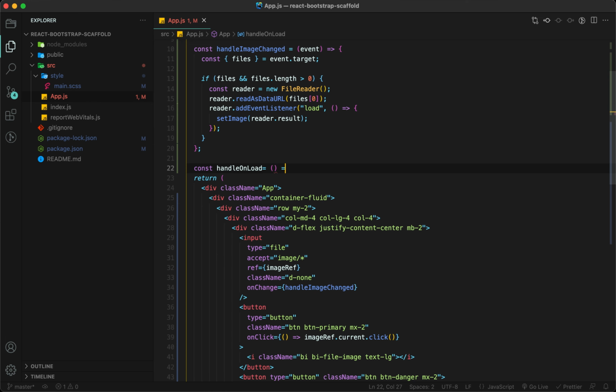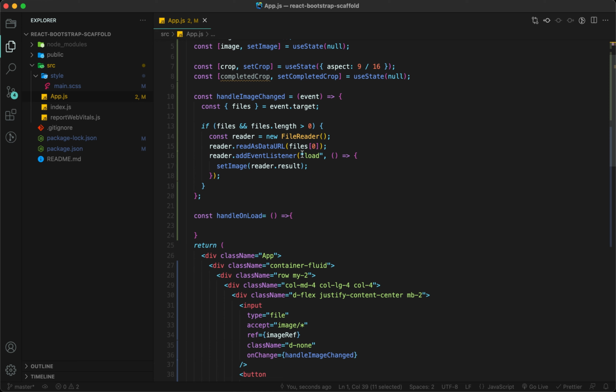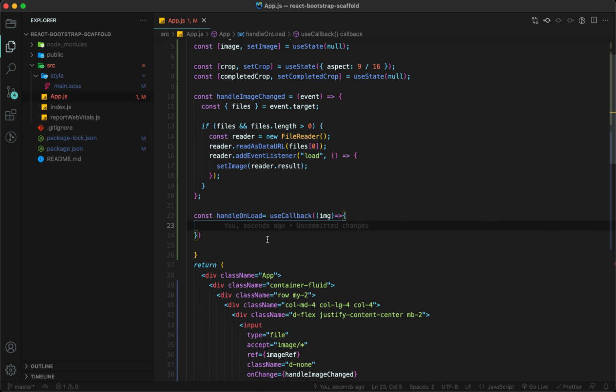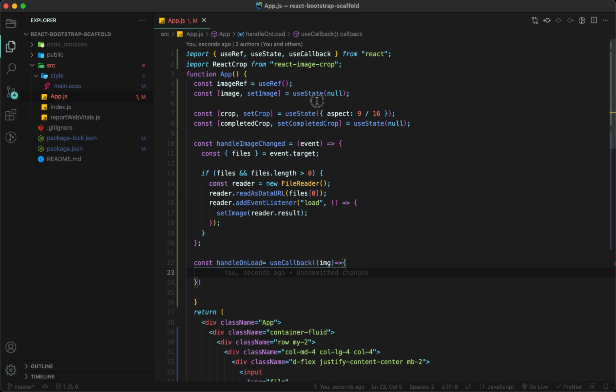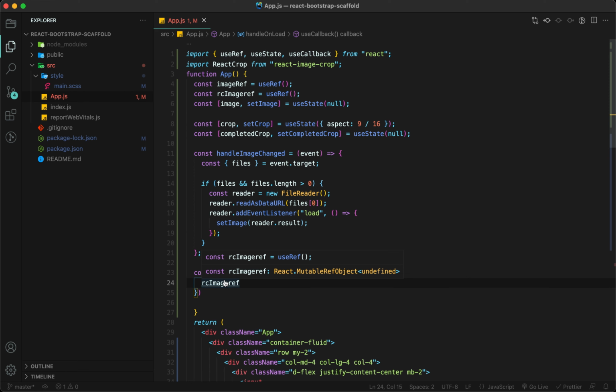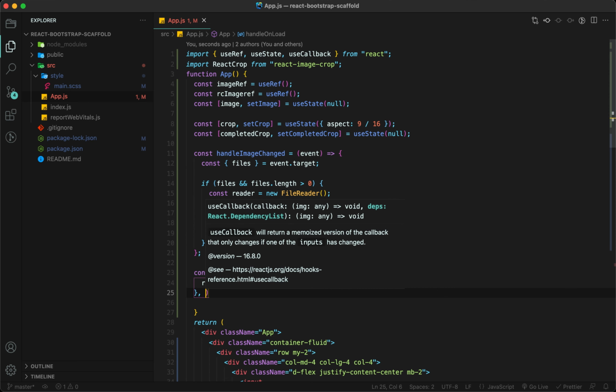I'm going to use useCallback, and we have to store this in a ref, so let me create one more ref, img, and there will be no dependency for this.